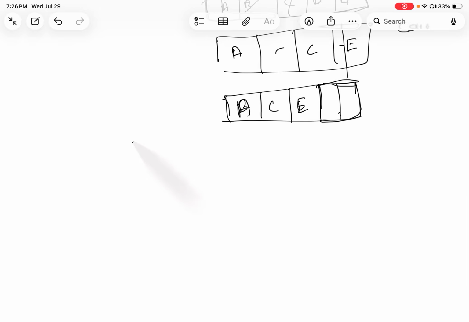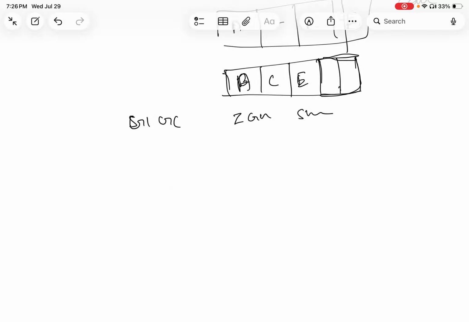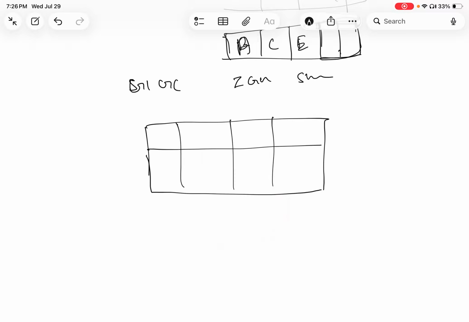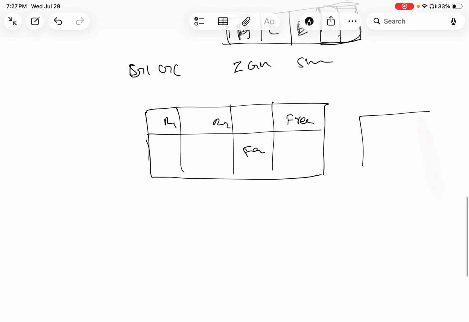And from Java 9, we have G1 GC, that is Garbage First GC, and there are a lot of GCs available. What this G1 GC will do is, we don't have a young and old generation. We have regions. For example, each region can have R1, R2. This R1, R2 can be Eden, S0, or old. So we have free space also. So now if we have A, B, C, D,